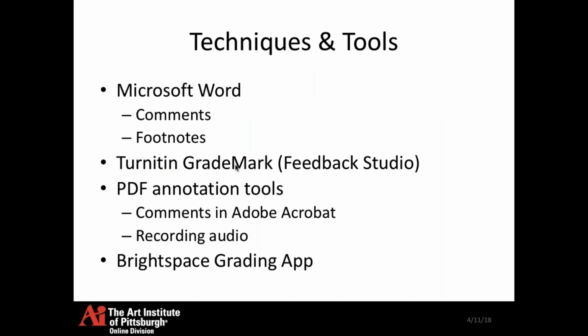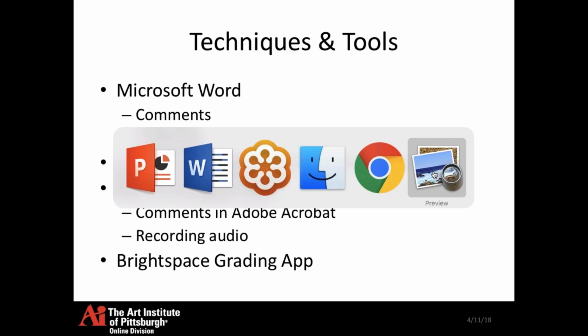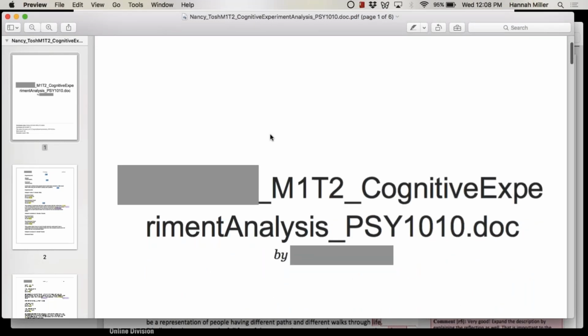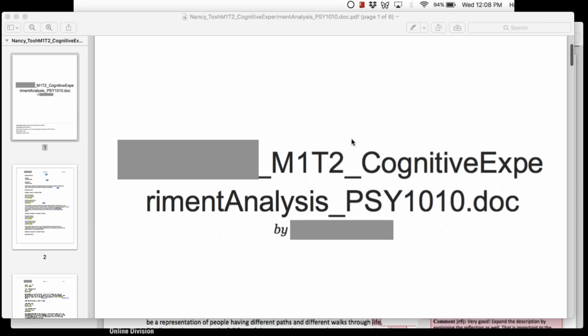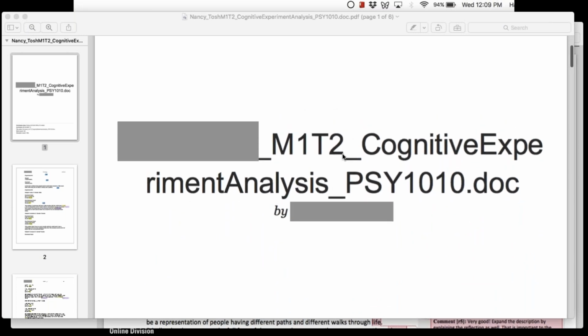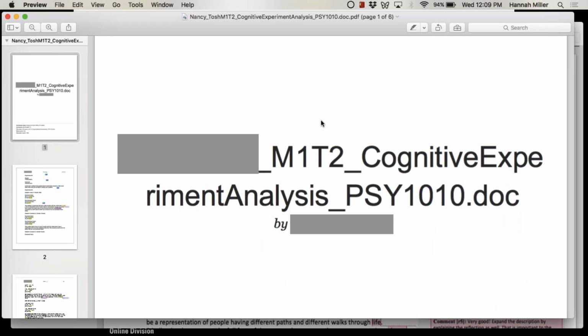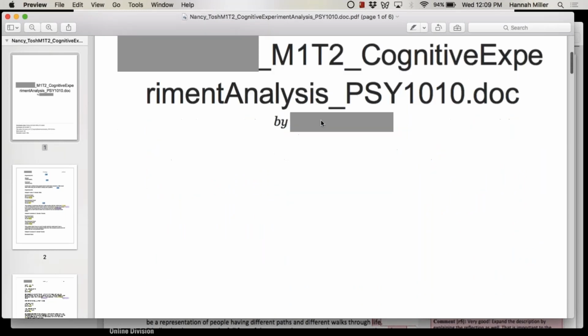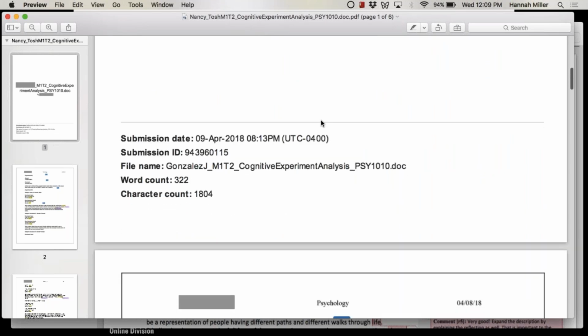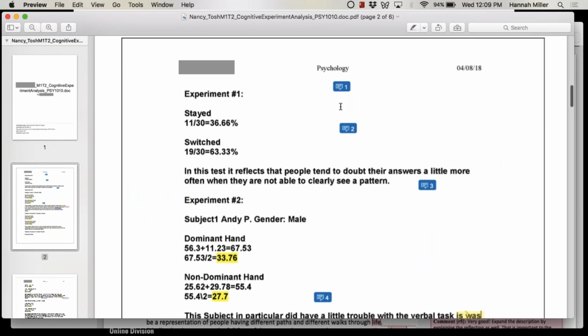Turnitin has a very robust feature for providing feedback. It's called both GradeMark and Feedback Studio, or perhaps GradeMark is part of Feedback Studio. This is a tool I do not use as much myself. I've looked into it, but Nancy Tosh was kind enough to give me an example of what she does in her psychology courses, how she uses Turnitin's work. And so this is the final output. This is the PDF,